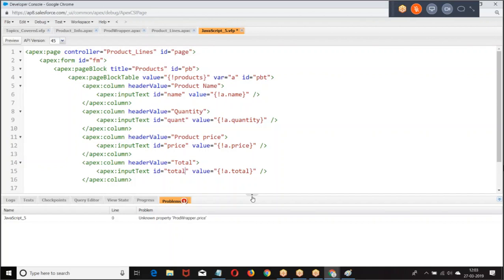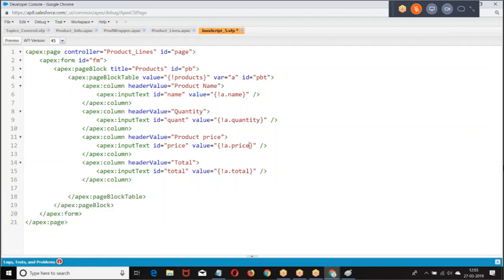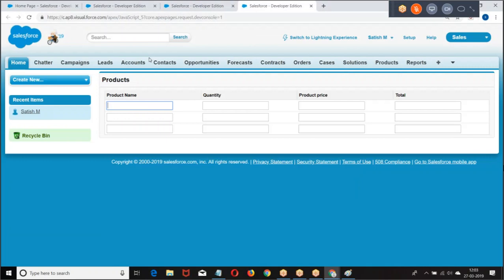Now we had price. It's not a price, it's amount. Right. Have a preview. This is what we got.